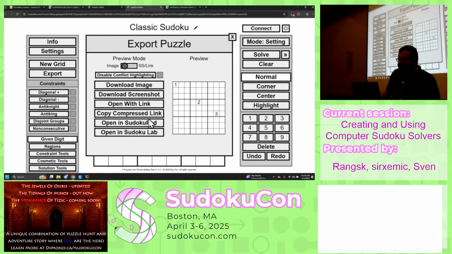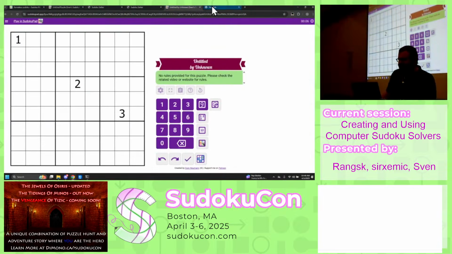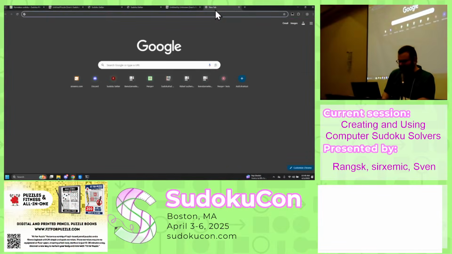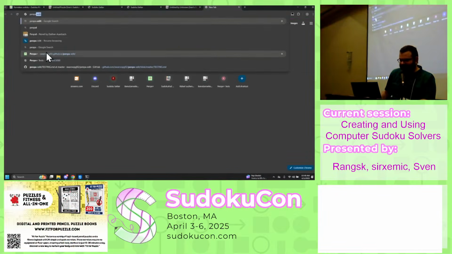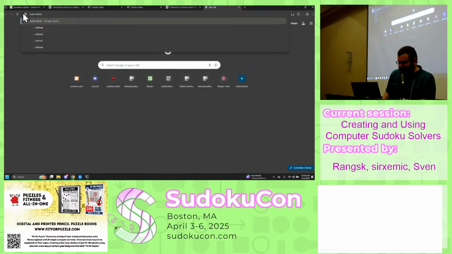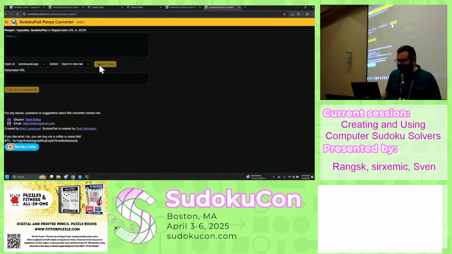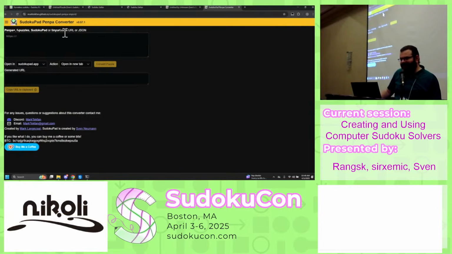So there is this export button if you have my solver. There is also this amazing website, which I don't think I have it bookmarked, but it's the Penpa importer. Penpa, yeah, here it is. Oh no, that's Penpa. Oh, if I Google it, it should come up. There it is. Wow. So this page here, if you Google the very obvious Mark Tech Fan, you get the